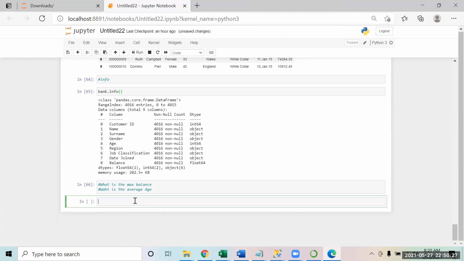So now multiple things will combine, your NumPy and your pandas.